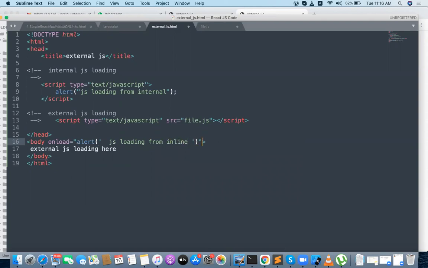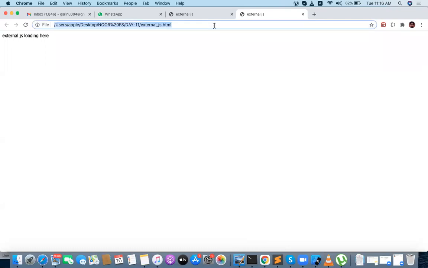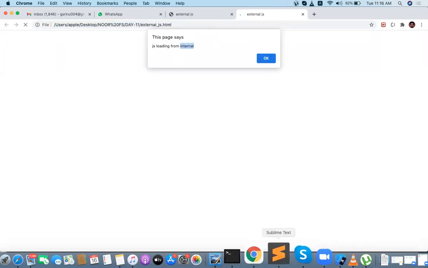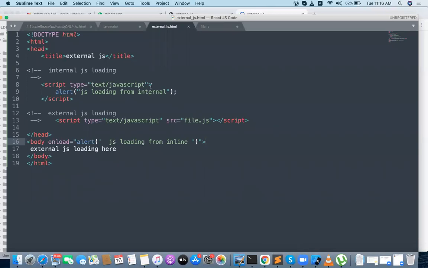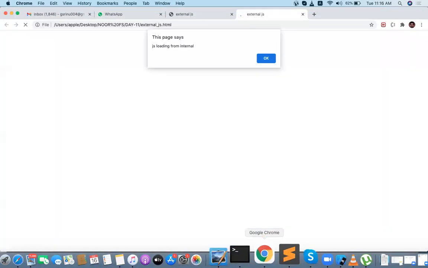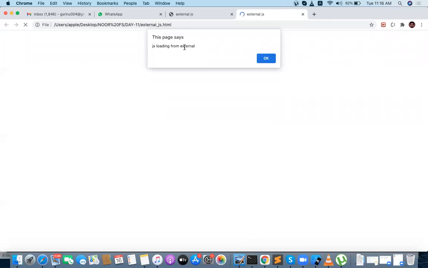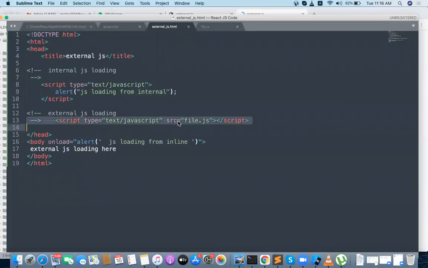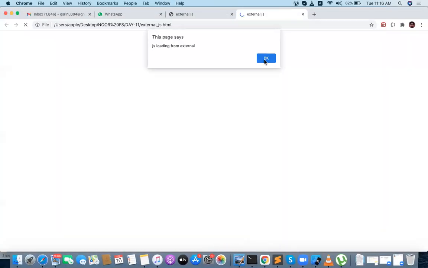Now you can see internal is always first. Why? Because internal is at the first line, and after the internal, the second one is external, and then third is the inline one. Line by line execution.